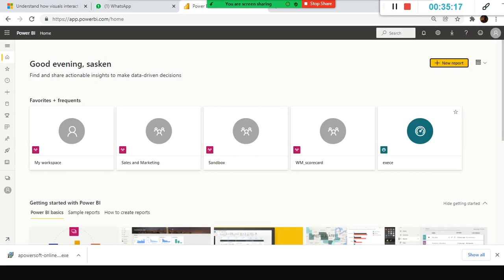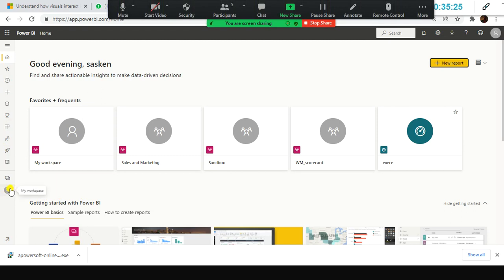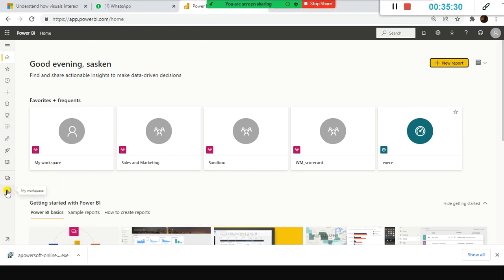So here I have already published a report. Here you can see the workspaces, and here you can see my workspace. There are two types of workspaces. Workspaces are basically to share our content or collaborate or socialize our reports or dashboards with other users within our organization.